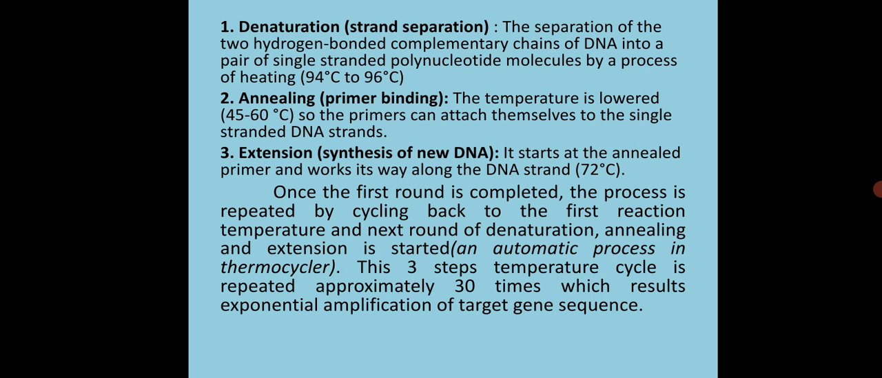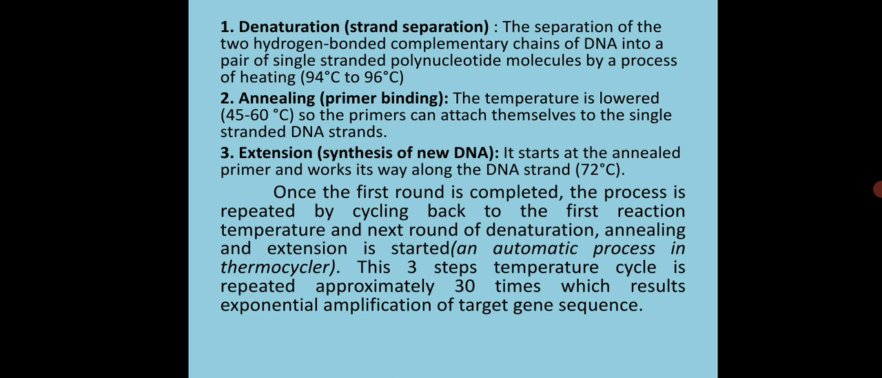The third step is where the new DNA is synthesized. It is shortly called the extension step. It starts at the annealed primer and works its way along the DNA strand, and this step happens at 72 degrees Celsius. Once the first round is completed, the process is repeated by cycling back to the first reaction temperature,